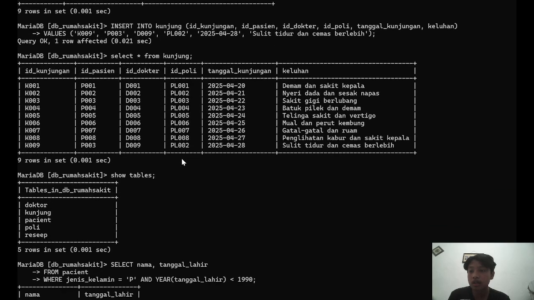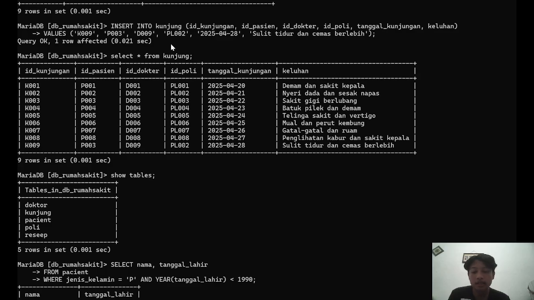So, okay, next one is number 3. So this is the query for number 3. In this query, we are inserting a new patient visit. So ID kunjungan is a unique code for the visit, and then ID patients connects to the patient's table, so we know who visited.